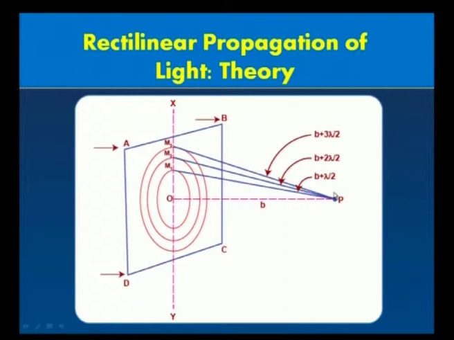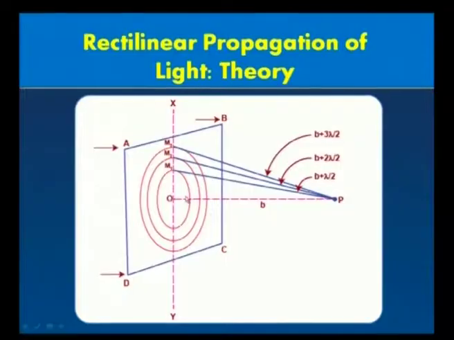A lambda by 2 path difference will correspond to a phase difference of pi. A phase difference of pi means when a crest is coming from the first zone, a trough will come from the second zone. What will happen if a crest and trough meet? If a crest and trough meet, they will destroy each other. Therefore, the light coming from the first half period zone will be opposing the light coming from the second half period zone. On the other hand, first and third, the light coming from the first zone and the third zone